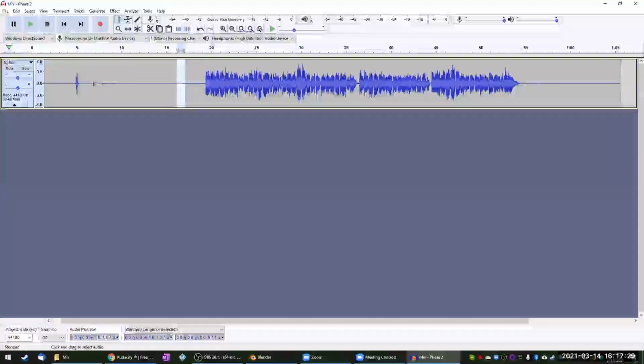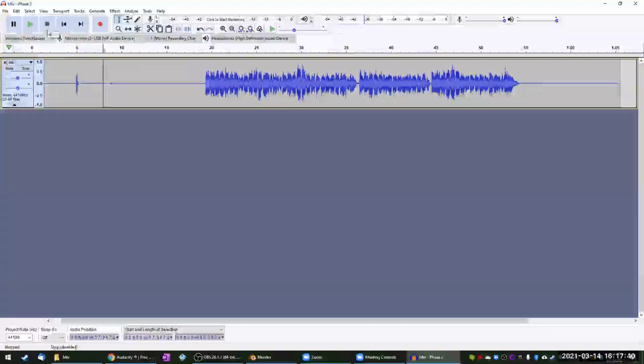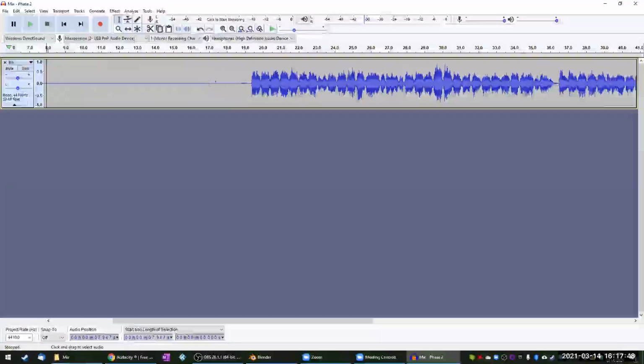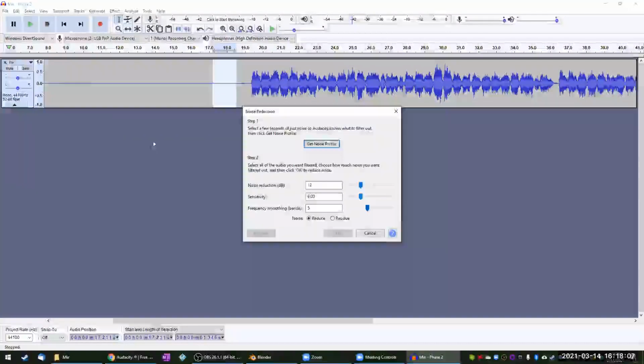The next thing you'll notice is, and hopefully this comes through, there's a lot of background noise when you mix 5 or 6 different or even 30 different tracks together. Audacity has a tool for removing most of that. So what you do is find a spot where you know that there's going to be audio from all of the videos, usually right before the song starts. And then highlight it using the selection tool. And then under effects, we want noise reduction.